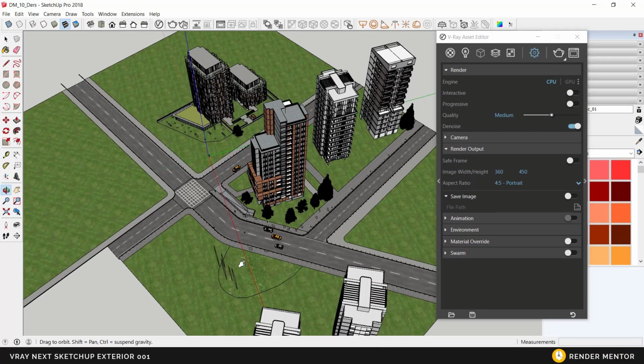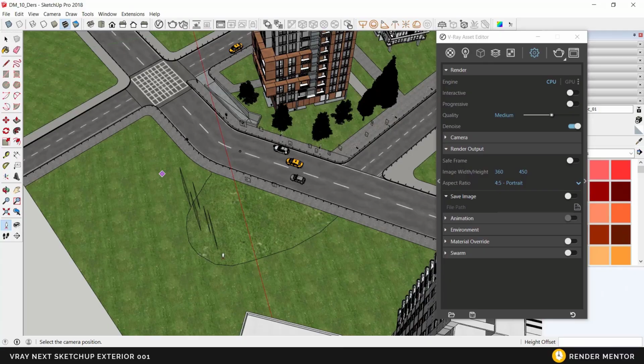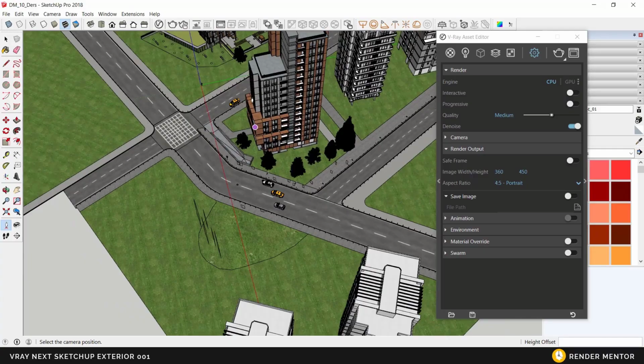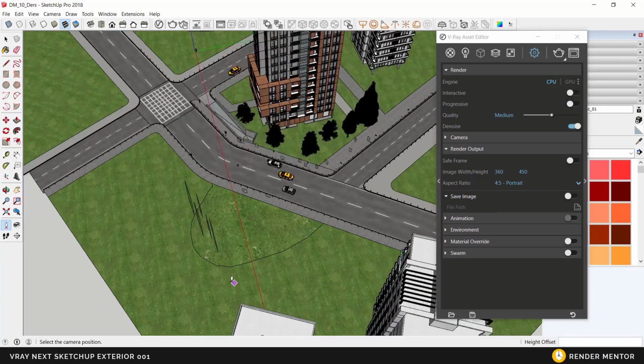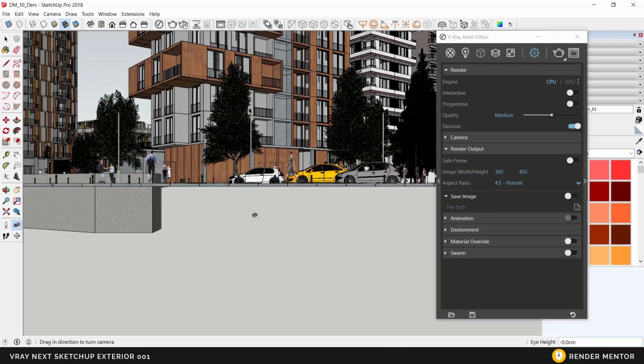While we are adding a camera, we will use the Position Camera tool. I will position my camera behind the trees so that I can see two sides of the building. Choose the Position Camera tool, press the right spot, drag the mouse and release towards the building. When I release the mouse, my camera will be positioned at the right angle, and I adjust the eye height